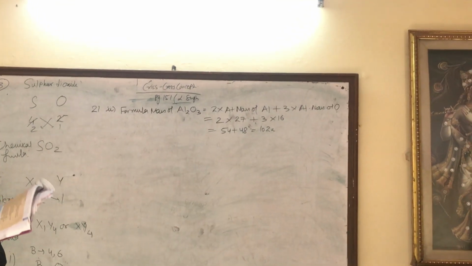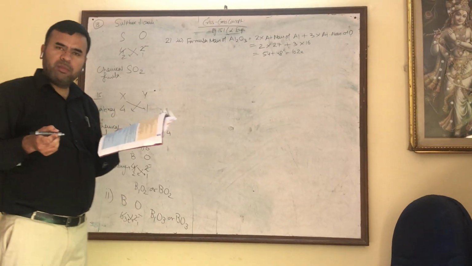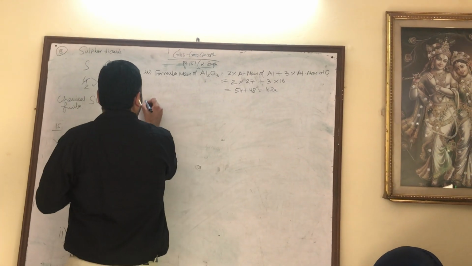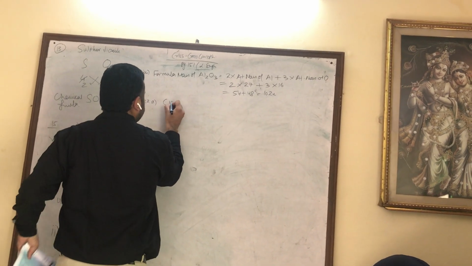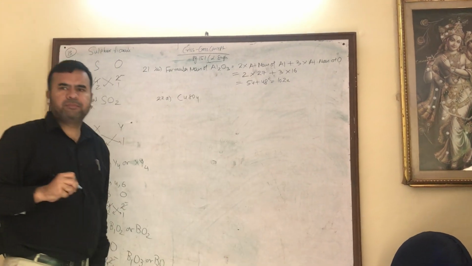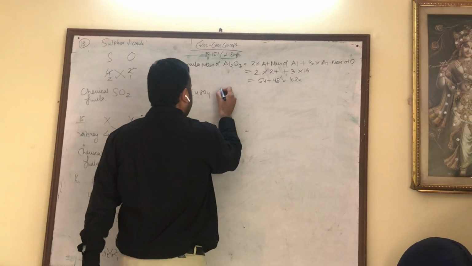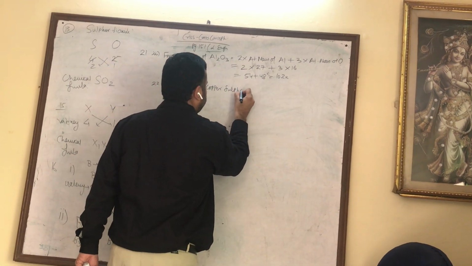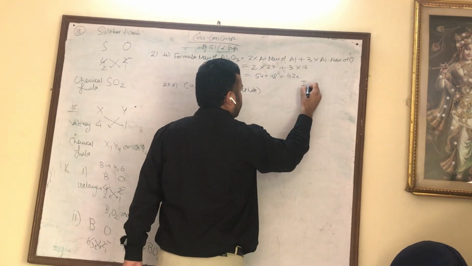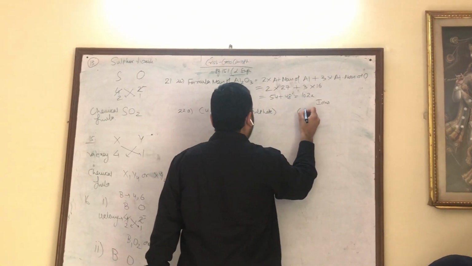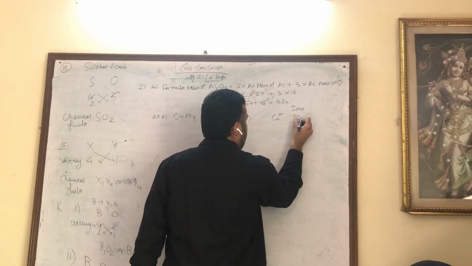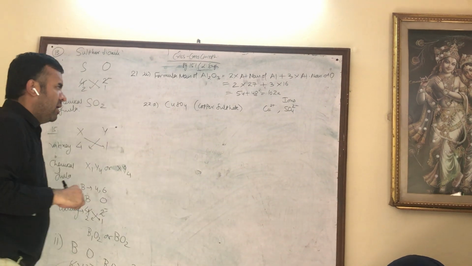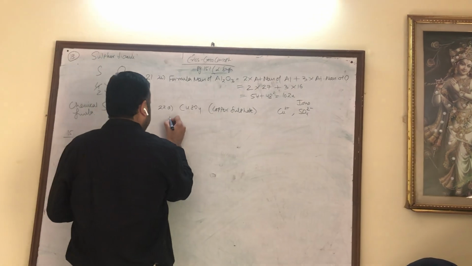One more question of a different type, 22nd. We have to name the compound and further we have to write the name of the ions which are present in it. Please see. CuSO4. Can you guess its name? Yes. Copper sulfate. Ions present in it. Obviously, one cation and one anion are there in it. Cu2+ and sulfate ion. This is cupric ion, Cu2+, and sulfate ion, SO4 2-, is present in it.